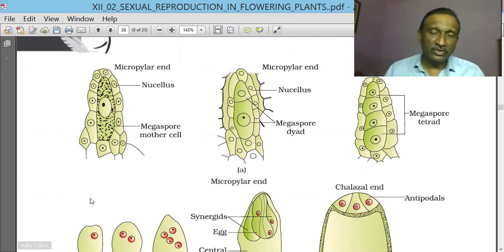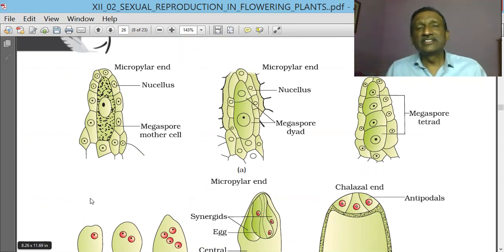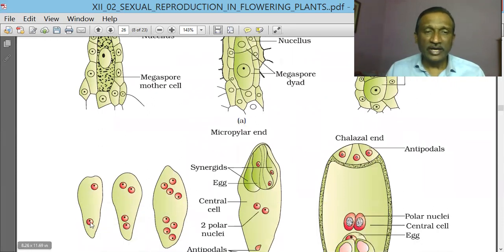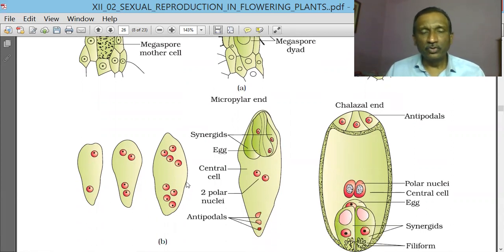This will now undergo three mitotic divisions consecutively, that is continuously. And these three mitotic divisions are free nuclear divisions. They will not be followed by cell wall formation or cytoplasmic division. So the first mitotic division will form two haploid nuclei, the second will form from each again two, that is four haploid nuclei, and the third mitotic division will form the 8 haploid nuclei. So 8 nuclei are there. Remember, these divisions are free nuclear divisions. Cytoplasm is not formed yet.